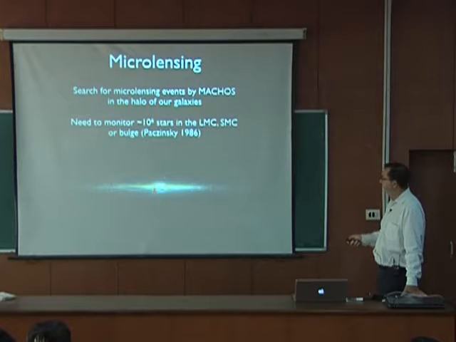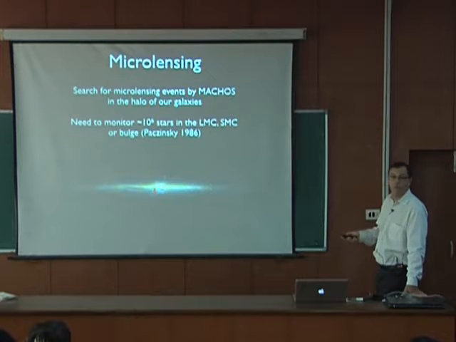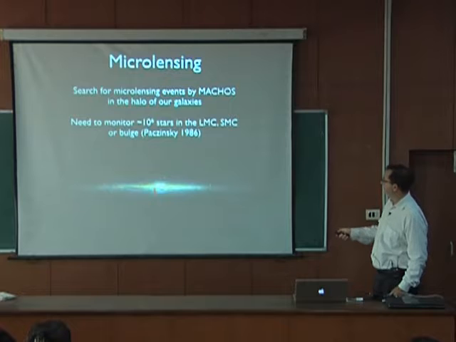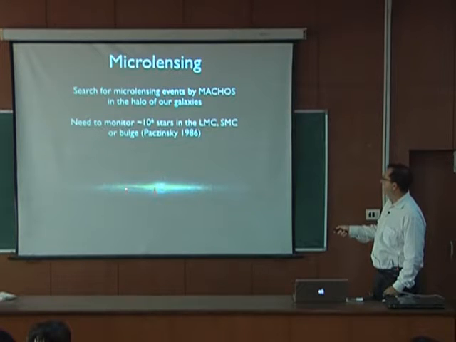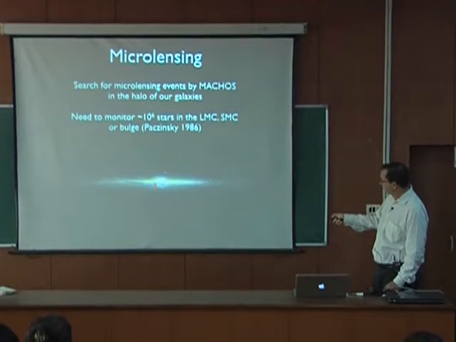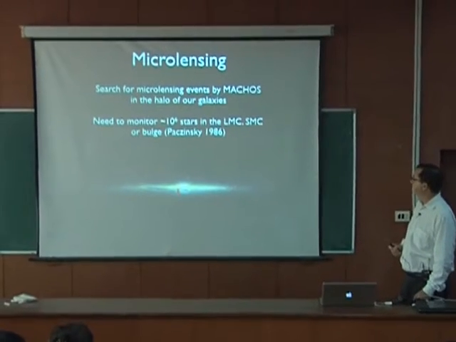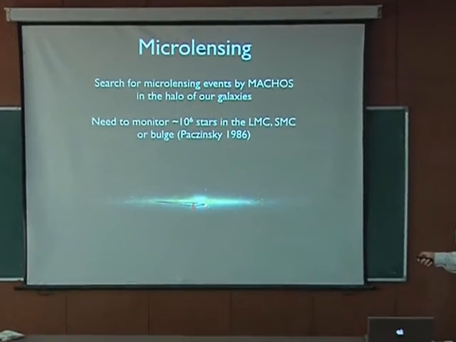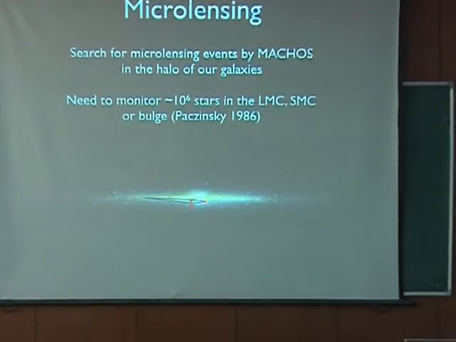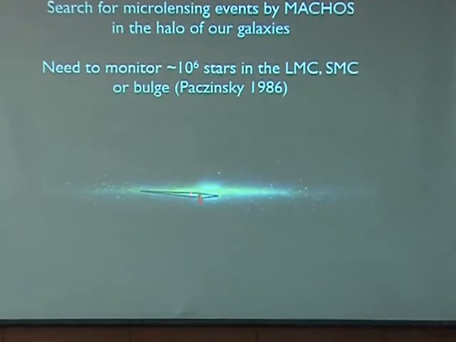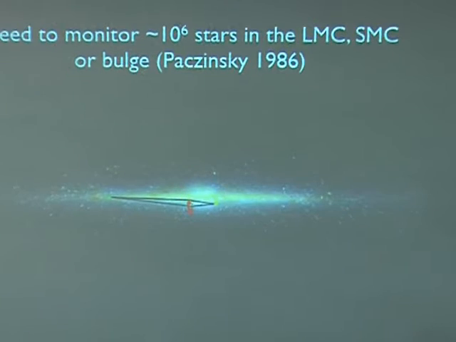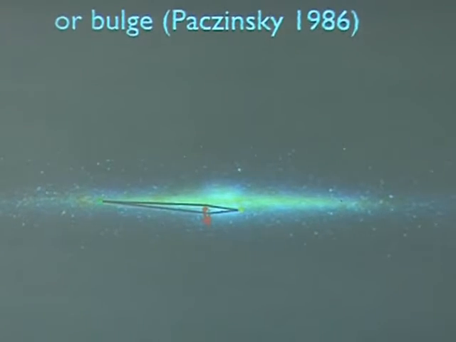Now, first, what's important is to try to see what kind of signal one does expect in these events. So one can calculate how the light curve of this background star is affected by such a microlensing event. So basically, how does the apparent flux of this background star change as a function of time as a foreground object moves close to the line of sight? So this can be calculated, and